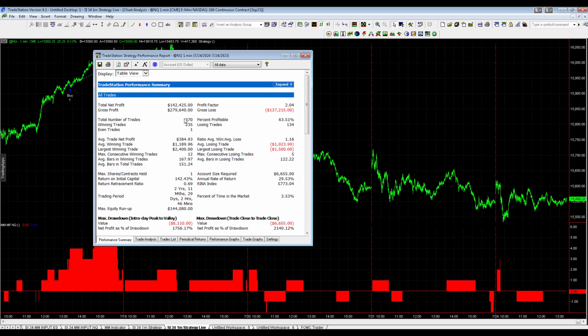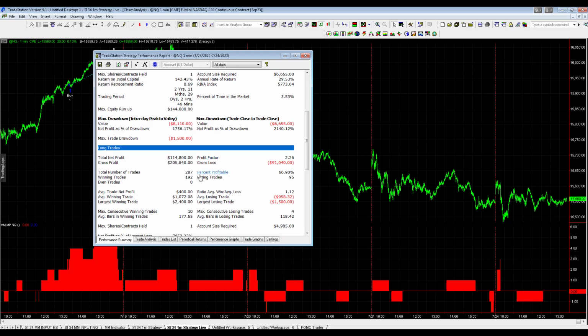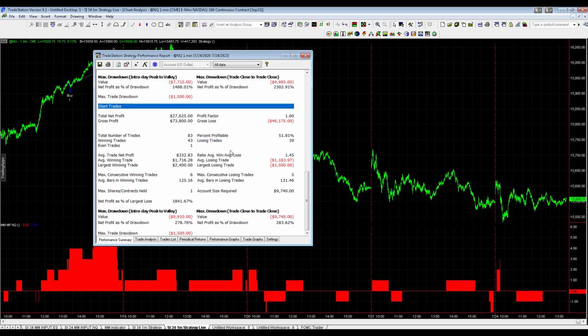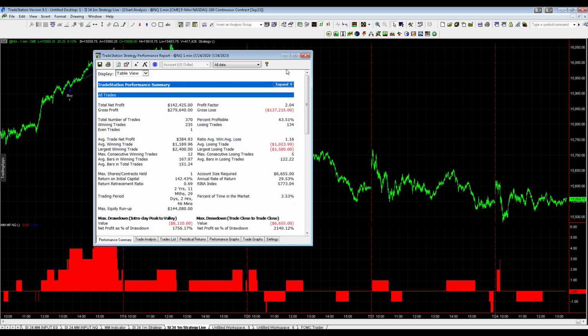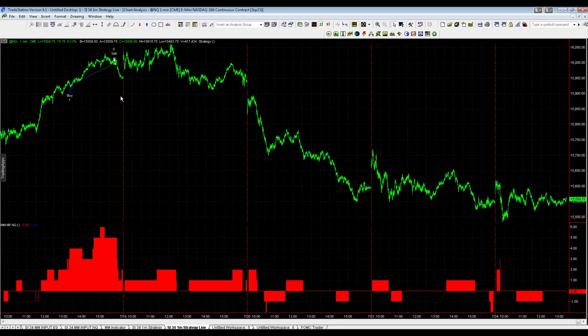And so you can see overall there's 370 trades, 287 on the long side, 83 on the short side, and it is the Signal Strength Marketposition Trader for the Nasdaq. Imagine if you wanted to put one of these together for each market. You could potentially